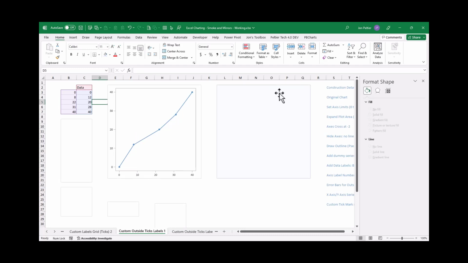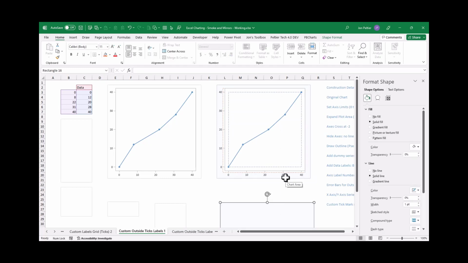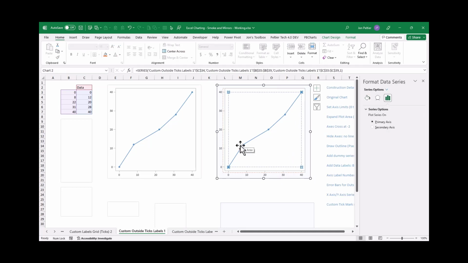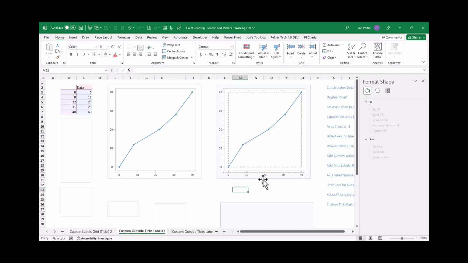So really my construction details for this chart are shown here. I have my data going from 0 to 40 on both axes, and I want to draw a box surrounding the data at -2 to 42 all the way around. And then I want my tick marks on the outside of that. So my plot area is actually this orange dashed line around everything. And so what I need to do is